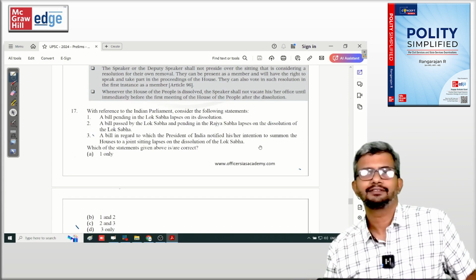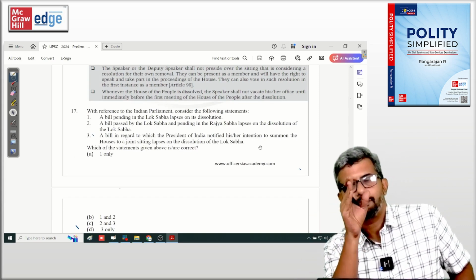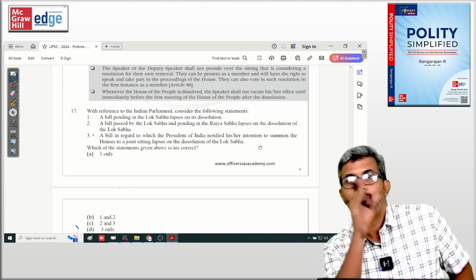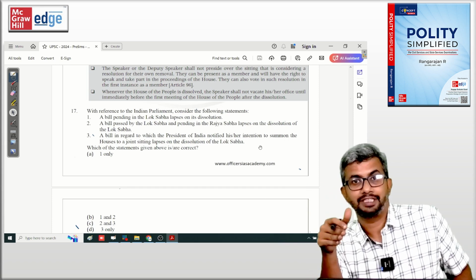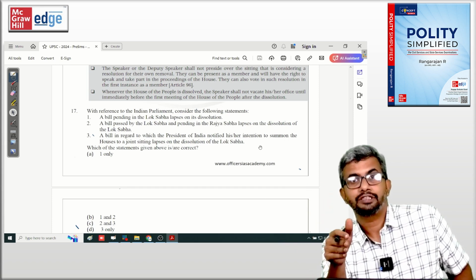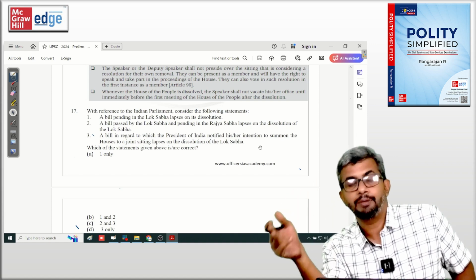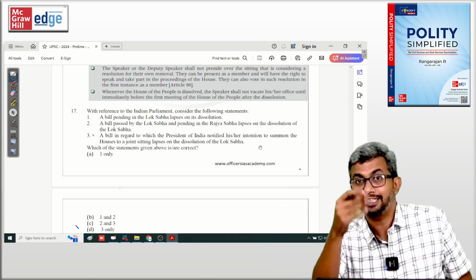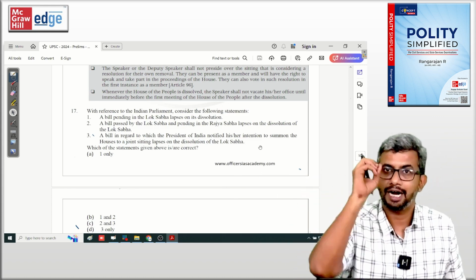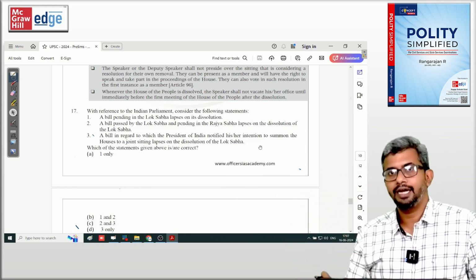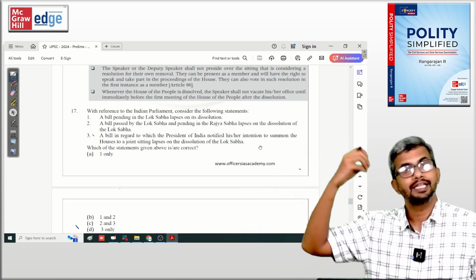Lapse of bills, again straightforward. A bill pending in the Lok Sabha or passed in the Lok Sabha and pending in the Rajya Sabha lapses. A bill pending in the Rajya Sabha does not lapse. All other bills lapse, right? So only because of prorogation, or originating in the Rajya Sabha, or passed by both the houses and pending with the president. That's a mnemonic that I would have given in the book, right? But the first two lapse as per Article 107. But 108, joint sitting, is an exception. If already a joint sitting is notified, that bill will not lapse.